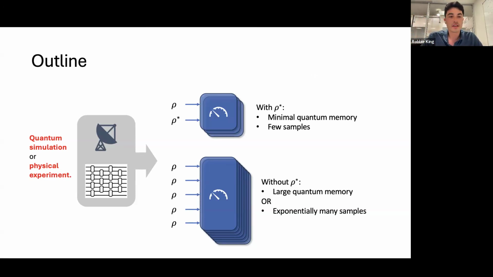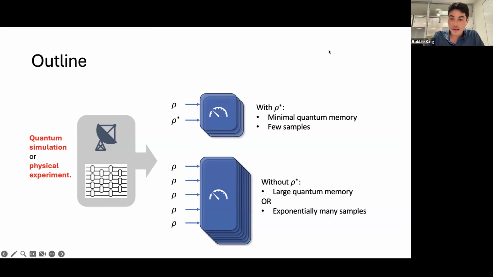I should also say that this begs the question: where are we going to access rho star from? If your quantum data is coming from a coherent quantum sensor, it's difficult to imagine how to get rho star, because it's not a physical process to take copies of rho and transform them into rho star. If you wanted to do that, you would need exponentially many copies of rho. So rho star is genuinely a resource that you need to have access to in the application.